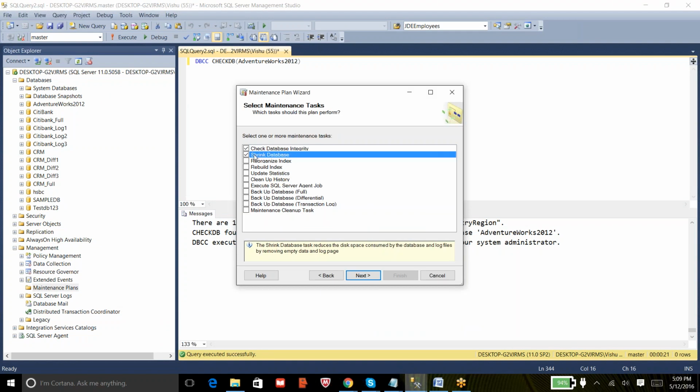And the next is the shrink database, as provided in the maintenance plan, but personally I don't recommend running this option as a part of maintenance. Shrinking database is